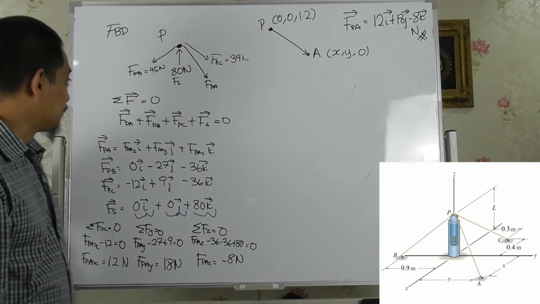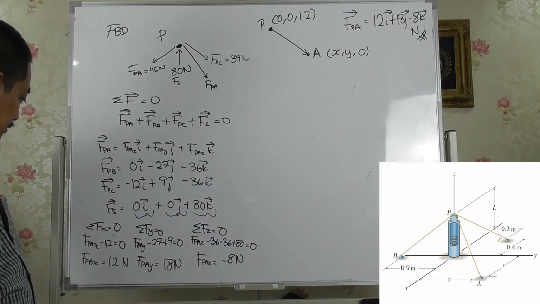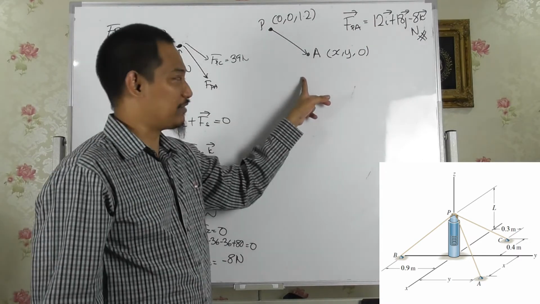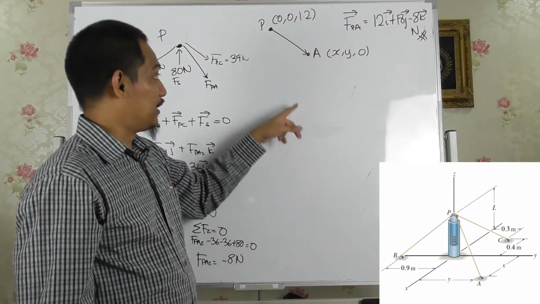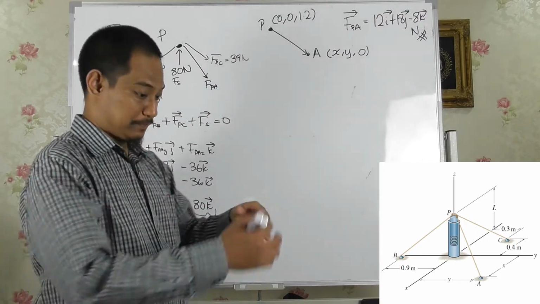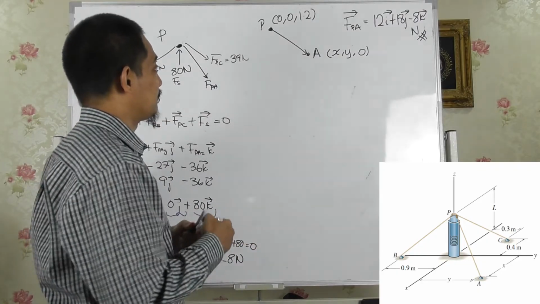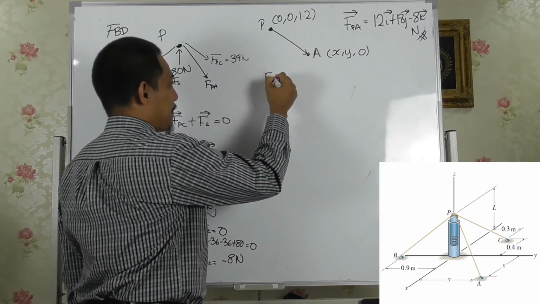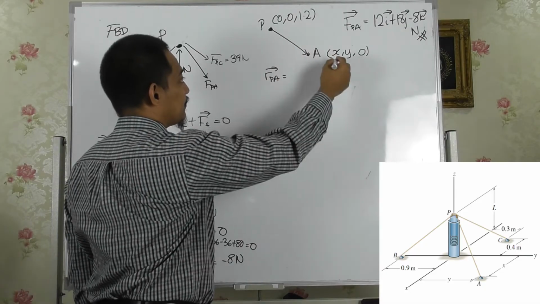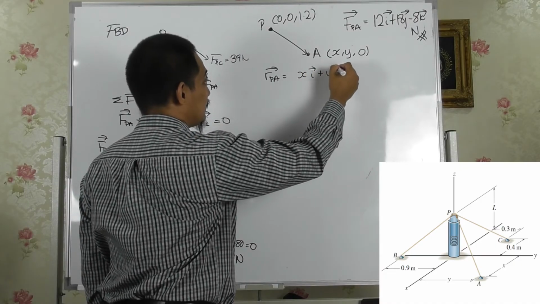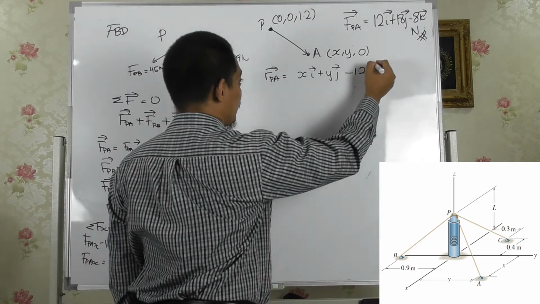Right, one way is, because normally what we do is we calculate the position vector, and then the magnitude, and then the unit vector, and then multiply the unit vector, you get the force vector, right? So now we are trying to do the opposite way, right? If we have the position vector for this one, it will be r_PA equal to xi plus yj minus 1.2k,